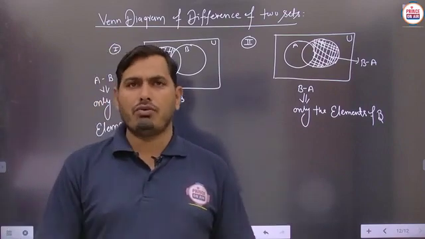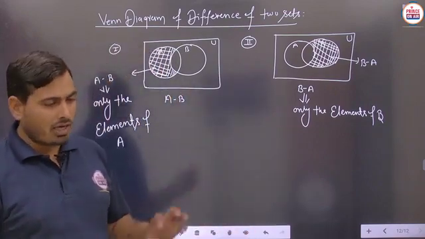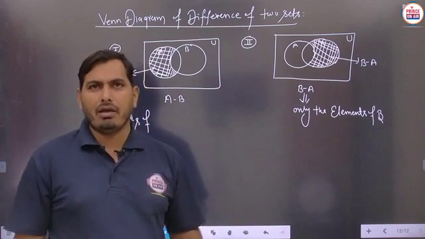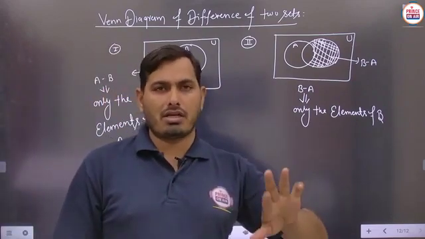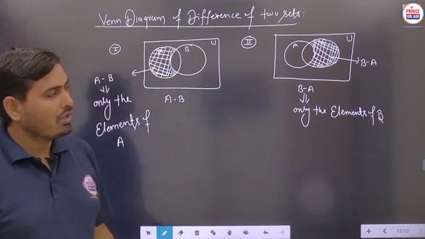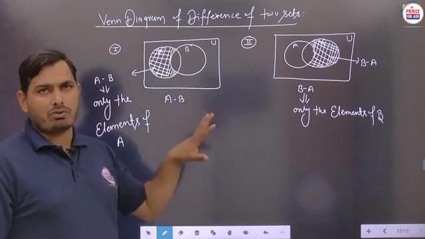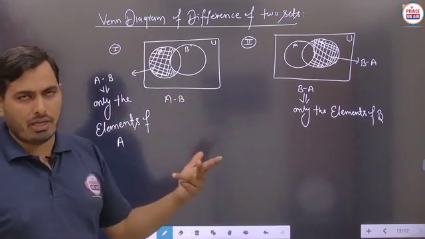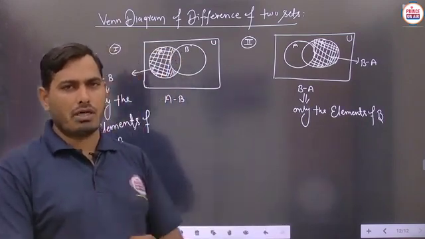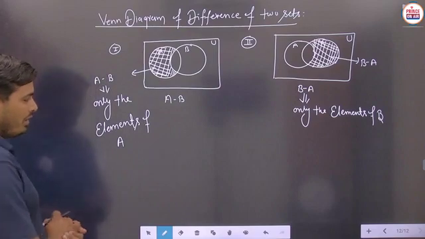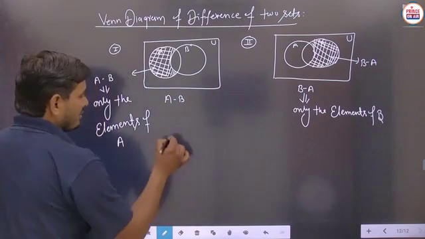Then definitely you can make the proper Venn diagram of the left hand side and right hand side, as we will discuss in the distributive law of union over intersection and intersection over union. So in these Venn diagrams you have to see some logical meaning, because some logic is to be applied, and then according to that we have to set the particular area. Is it to be clear?